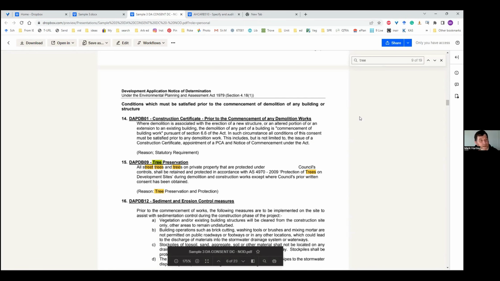So some of the things we can specify: trunk protection, branch protection, canopy pruning or canopy care. We can stipulate ground protection, so mulching, load sharing surfaces, load bearing surfaces, and the difference there. Load sharing might take up to a tonne or so. Load bearing are things like your driveway. Your own driveway is a load bearing surface. The council road is a load bearing surface. It's made to have things drive across it and not compact the soil beneath. The damage that's going to happen is already completed in those items. And then we've got things like irrigation to consider.